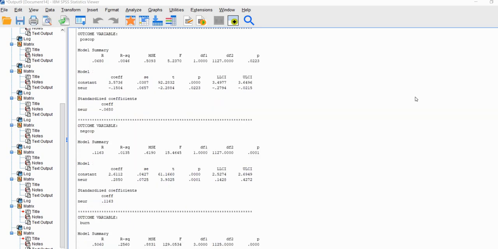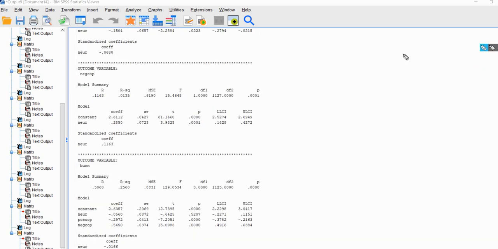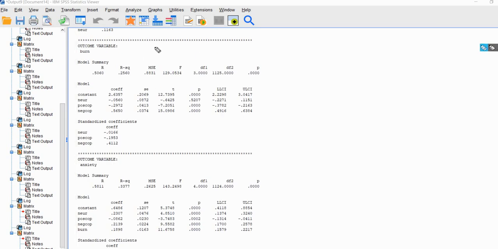When we scroll down a little bit further, we can see our second model, where we have the regression of negative coping onto neuroticism, and we have a positive regression slope, and we have statistical significance. So essentially neuroticism was a positive and significant predictor of negative coping. Then when we scroll down to model 3, in this case we have our M3 variable, burnout, regressed onto neuroticism, positive coping, and negative coping. So we have our regression slopes and